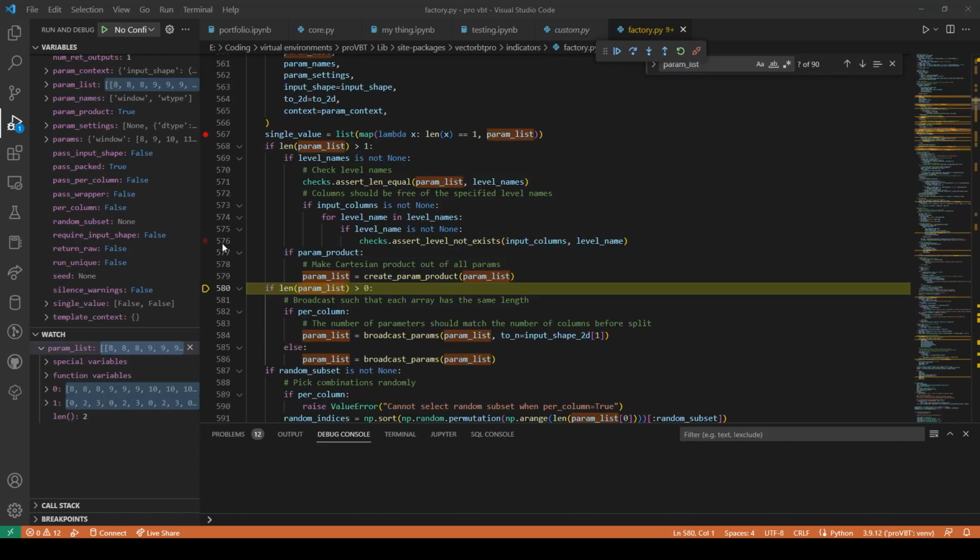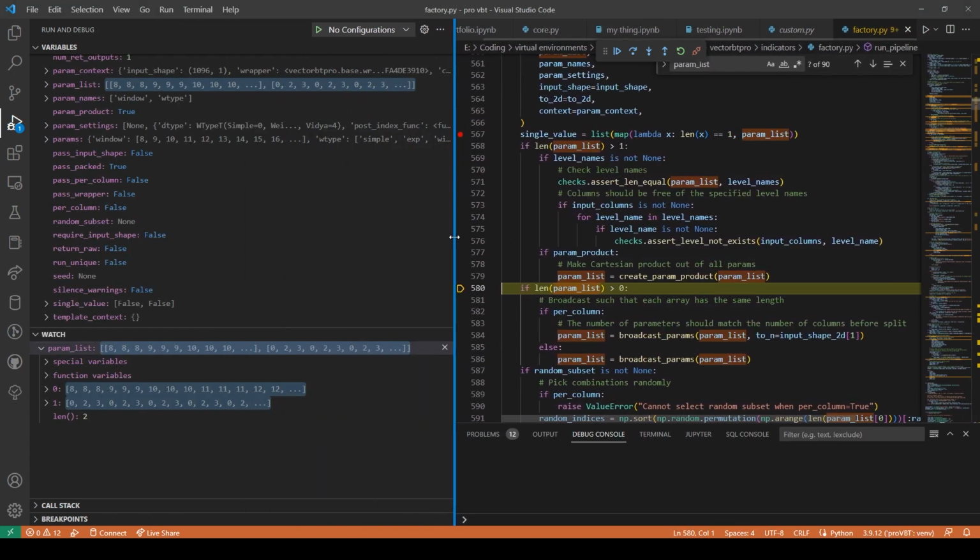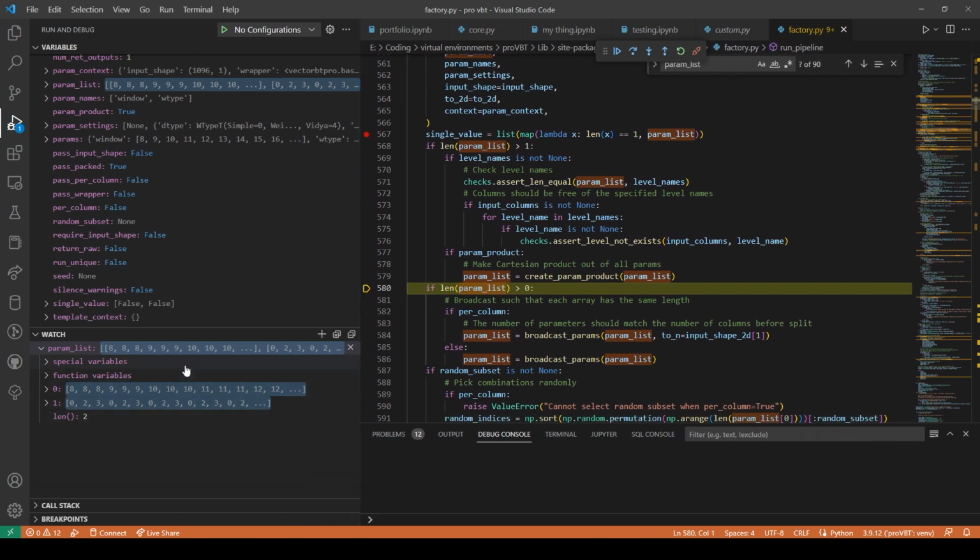So I have found where the thing happens. As soon as you go create param product, make cartesian product out of all params. This is what I need. Cartesian product.